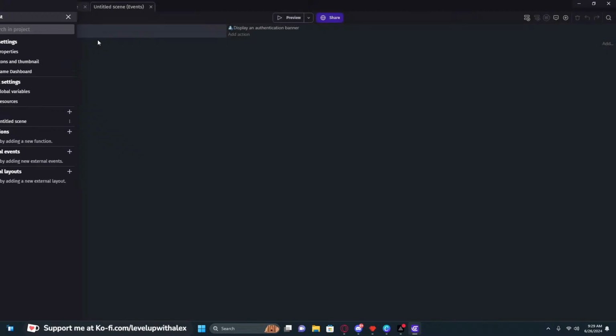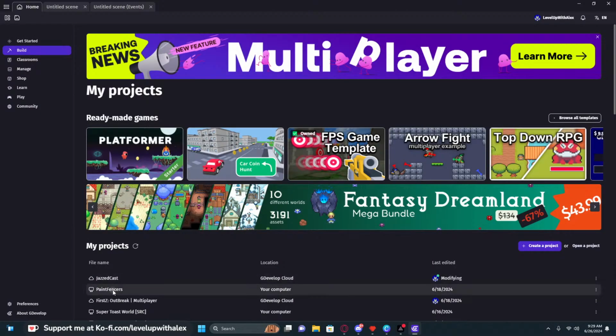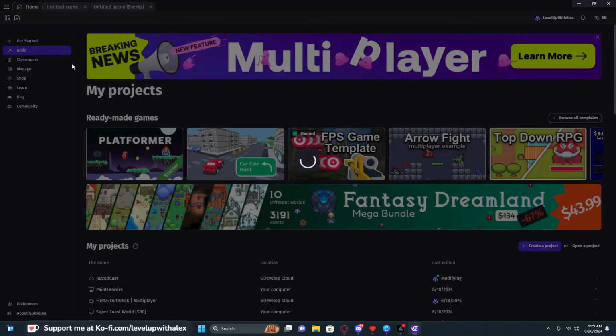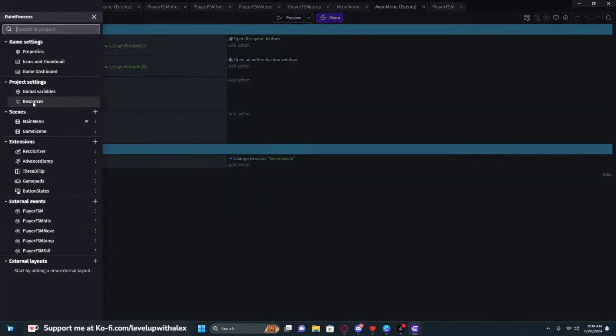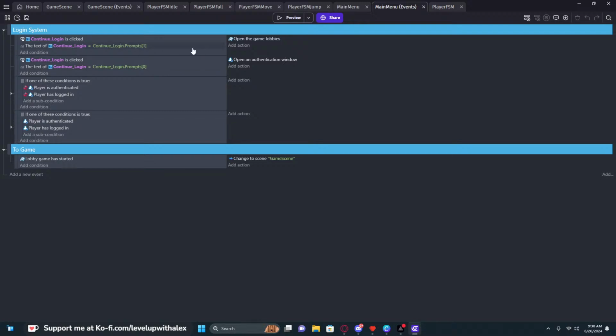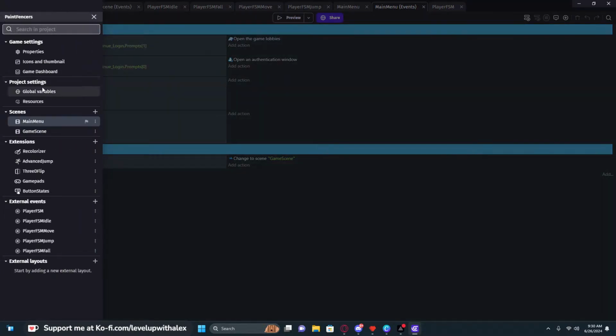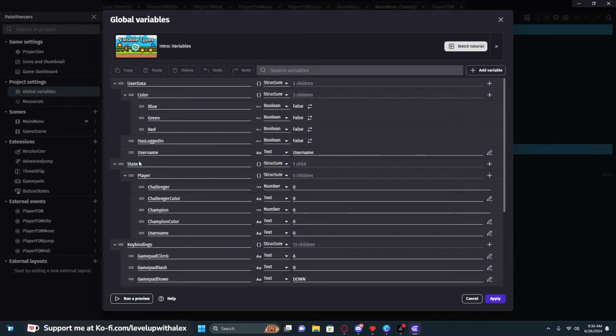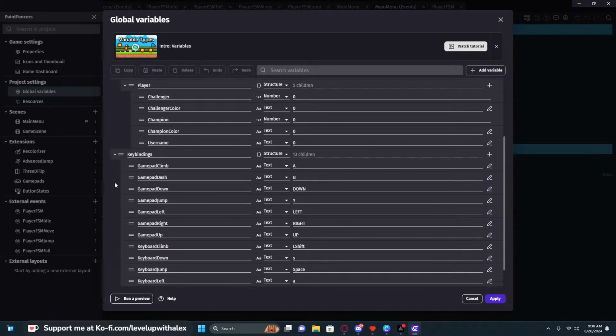So now that I'm thinking about it, I'm going to go back to the painted fencers briefly, and we're going to launch our game from the main menu. And I want to show you the main menu events. So in the main menu events, I have a basic global structure set up where we have our game key bindings,